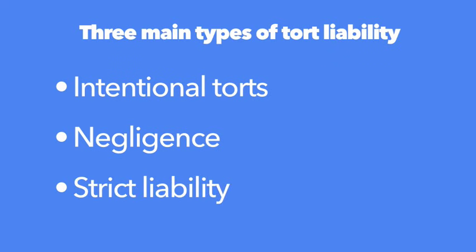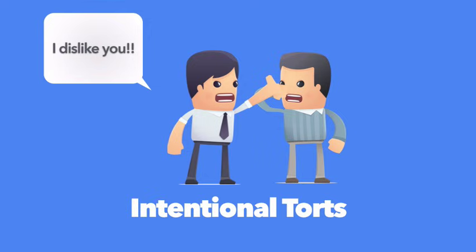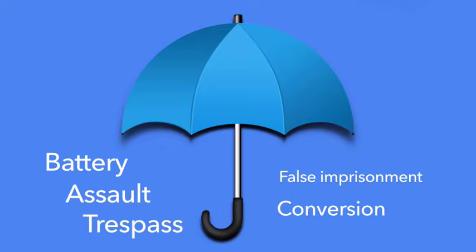These categories are based on the differences in the defendant's actions. Intentional torts involve civil liability for harms that are caused more or less deliberately by the defendant. For example, the defendant deliberately hits the plaintiff across the side of the head. Later, in our episode on intent, we will flesh out what more or less deliberately means. Intentional torts is an umbrella term for several distinct causes of action, which include battery, assault, false imprisonment, trespass to land, trespass to chattels, conversion, and others.